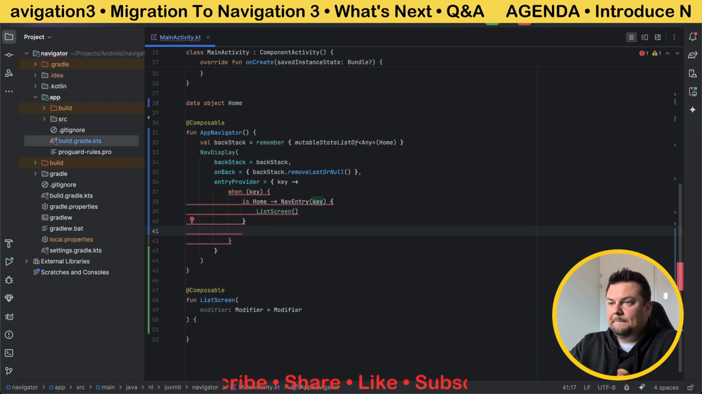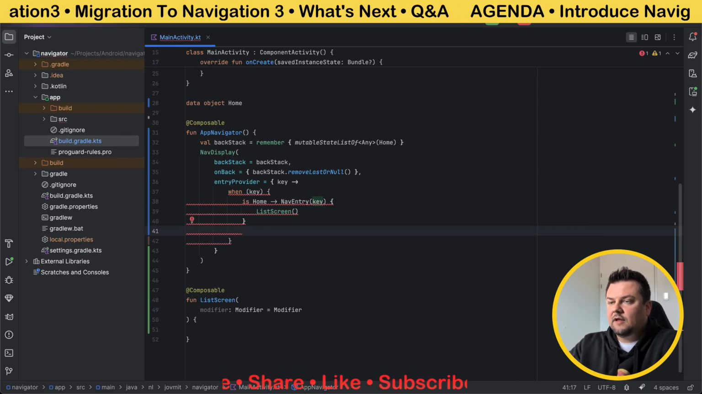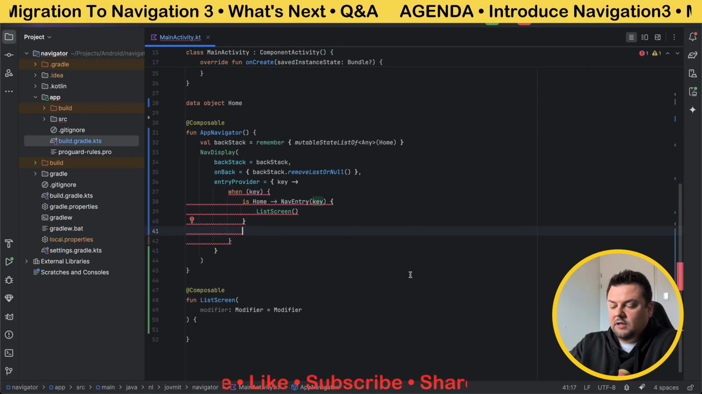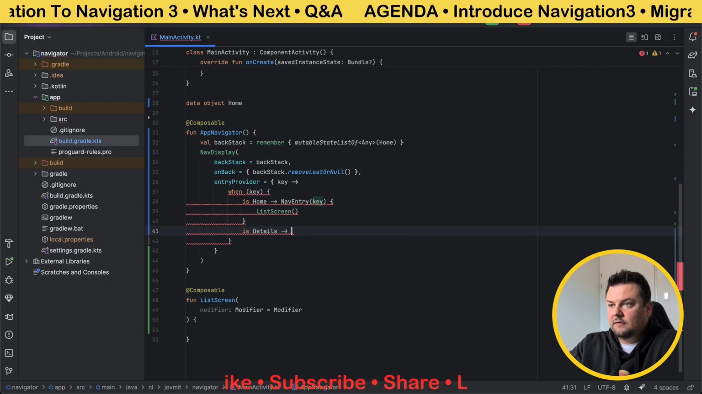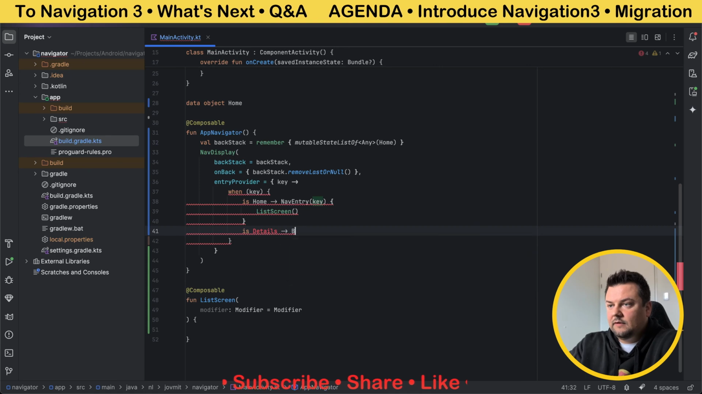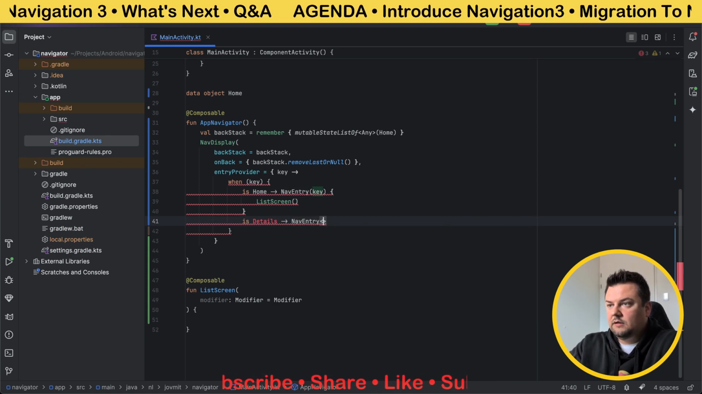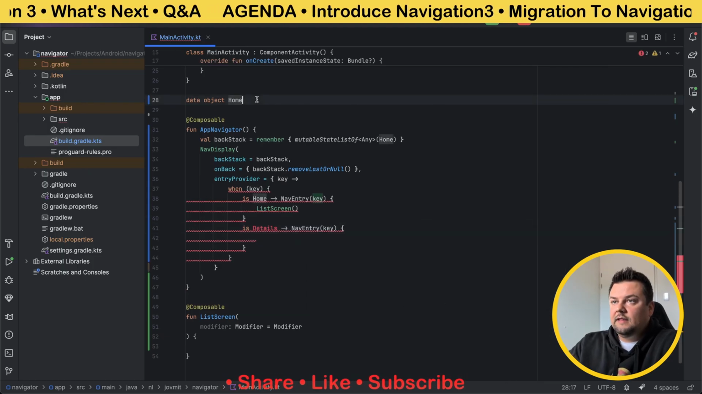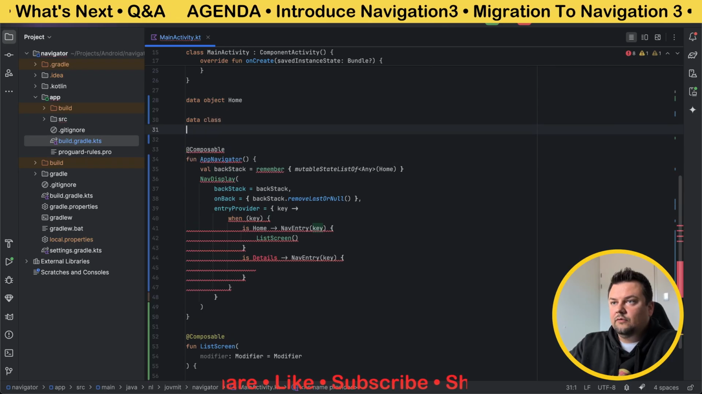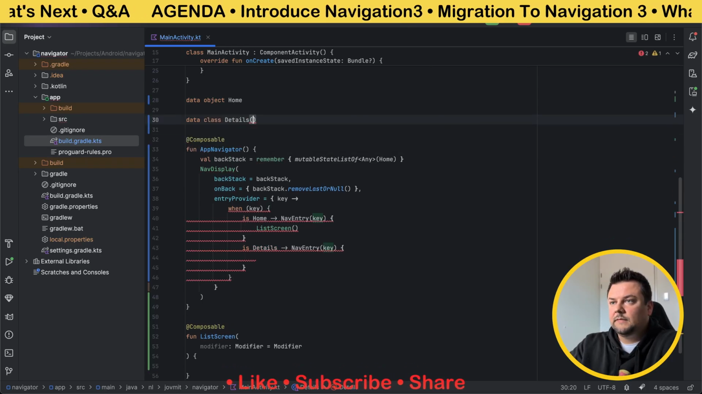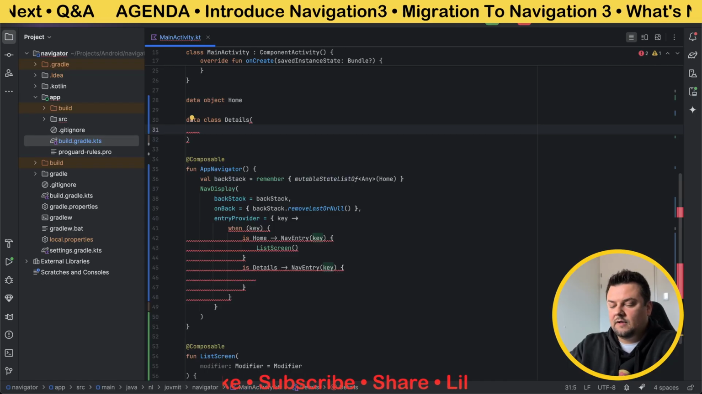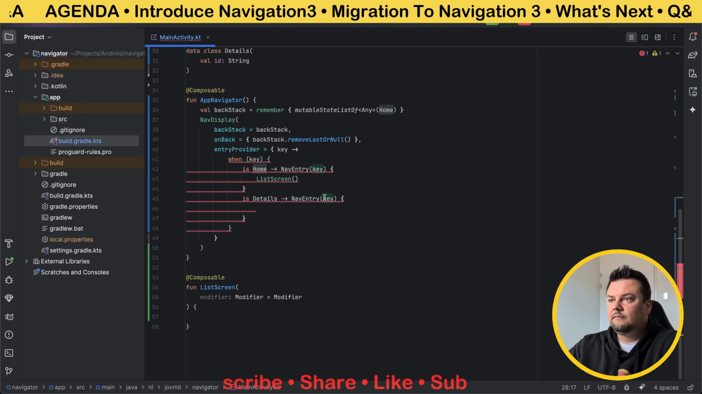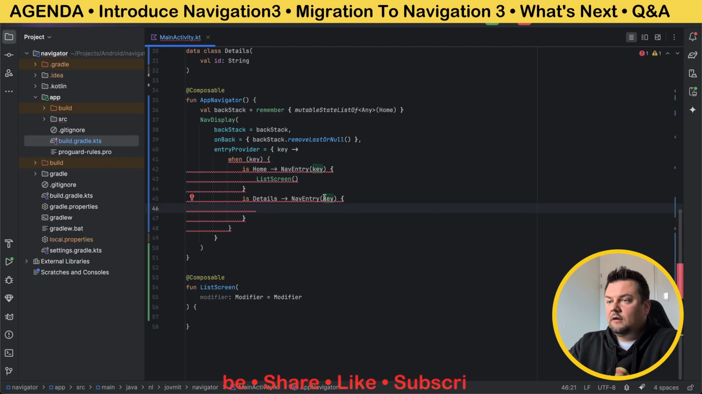And then I can add one more screen. And then we can call that screen details. Then it will be nav entry, again, key. And let's define details as well. It can be data class too. And then it can take some stuff here. So for example, ID string, which is gonna be val. And then here we would do